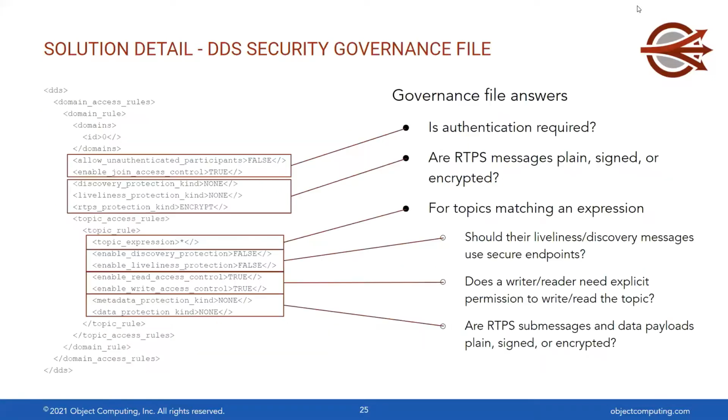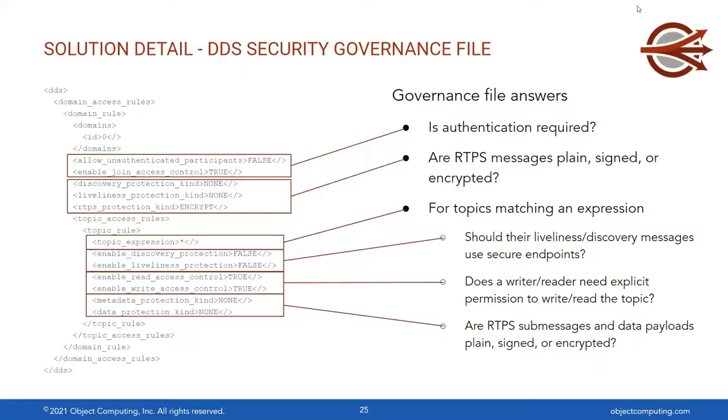So let's move on. Let's look at a governance file. The governance file answers various questions. First of all, is authentication required? If you're interacting with legacy systems, you may need to not require authentication to interact with legacy. However, most things will want to require authentication. The next thing we need to agree on is how are RTPS messages treated? Are they sent in the plain, which would not be very secure? Are they signed, which would at least prevent tampering, but they would be visible, or are they encrypted? And